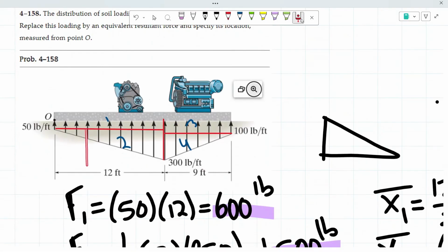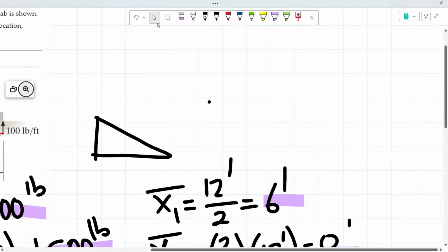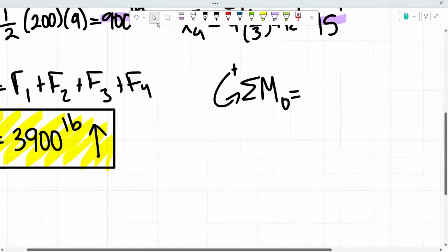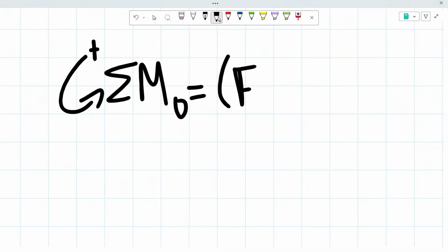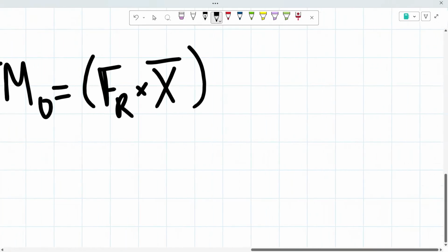So that means that it's going to be causing a counterclockwise moment, meaning that it's going to be a positive moment. And we know that a moment is equal to the force times the distance. Our force is our resultant force in this case, times our distance, and our distance is the location of our resultant force. And we could rewrite this simply by putting F1 times X1